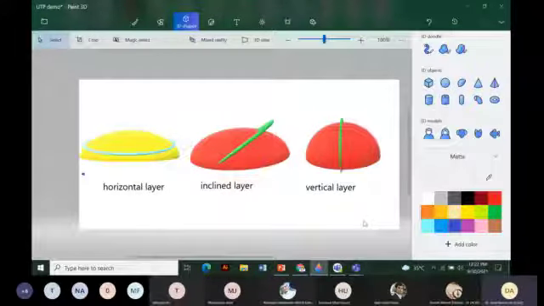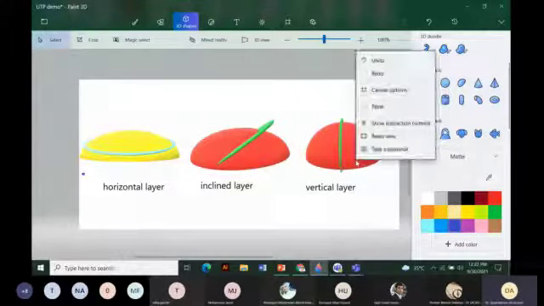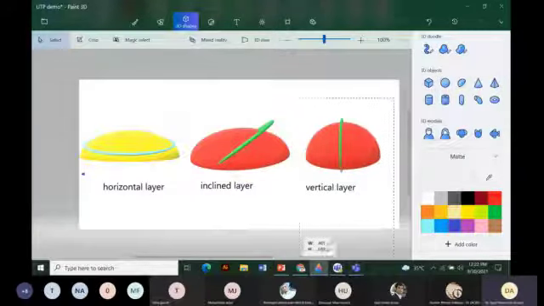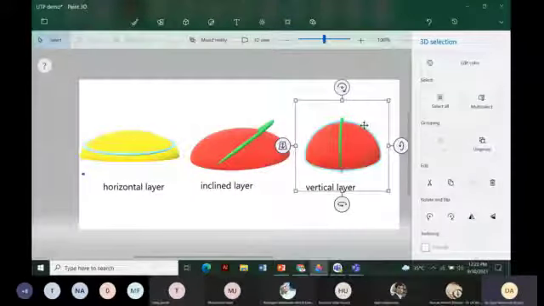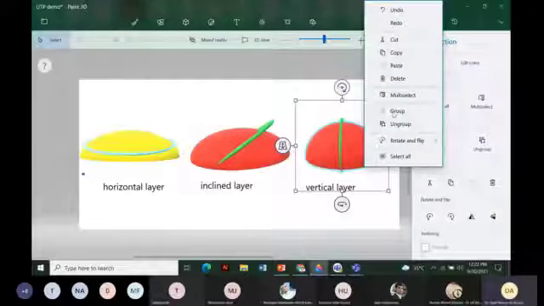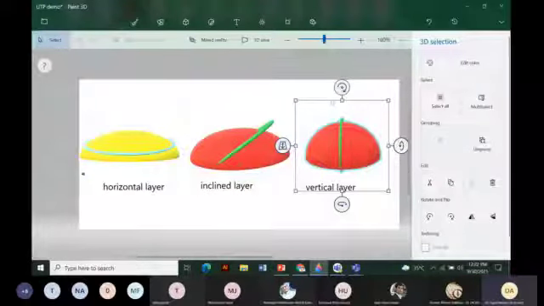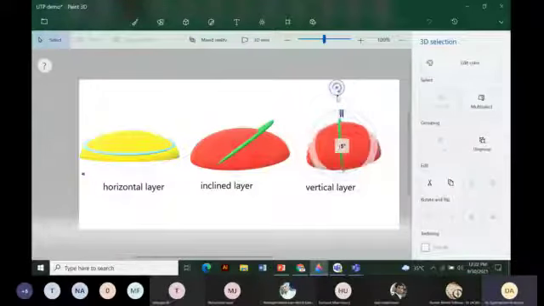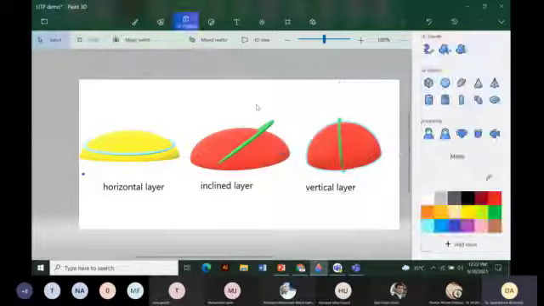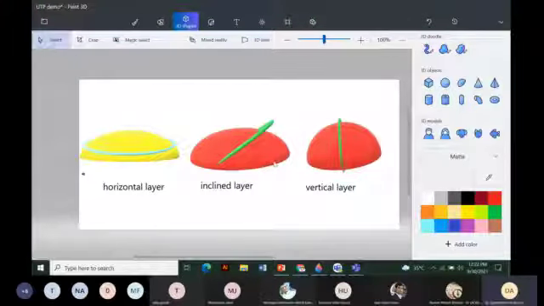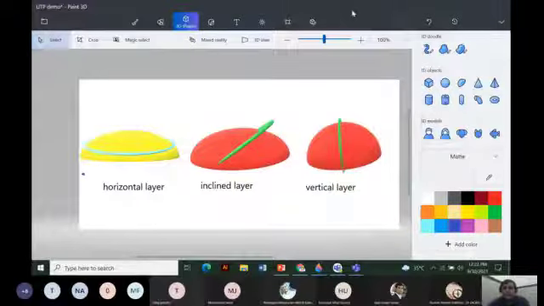Later on, when you draw shapes, you can select them, and then you can group them as well. So you can ungroup and group these, and then they start moving together, and you can also move them on the axis to see the rocks that are oriented at some angle as well. Okay, so I think that's all from my side. If you have anything, we can discuss.